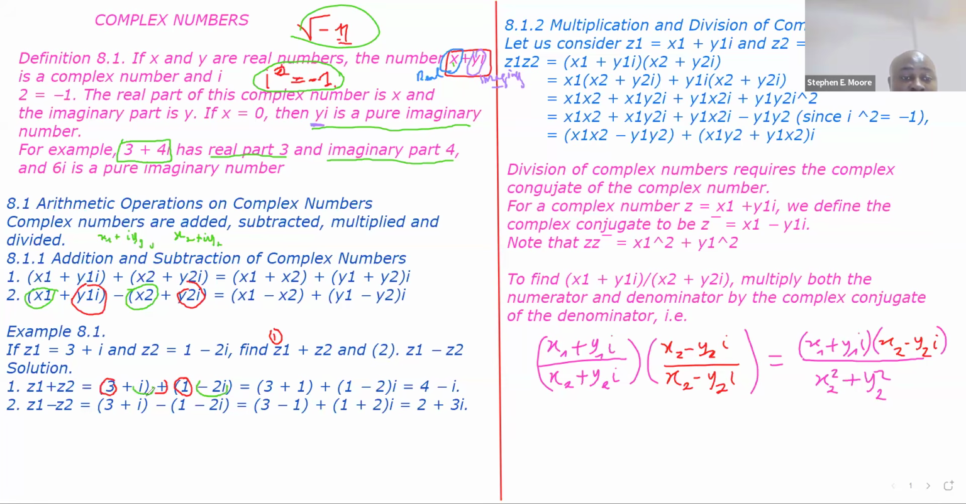So you have i plus minus 2i, and then you put them together, you have 4 minus i. And we can do the same thing if you want to subtract. So if you have